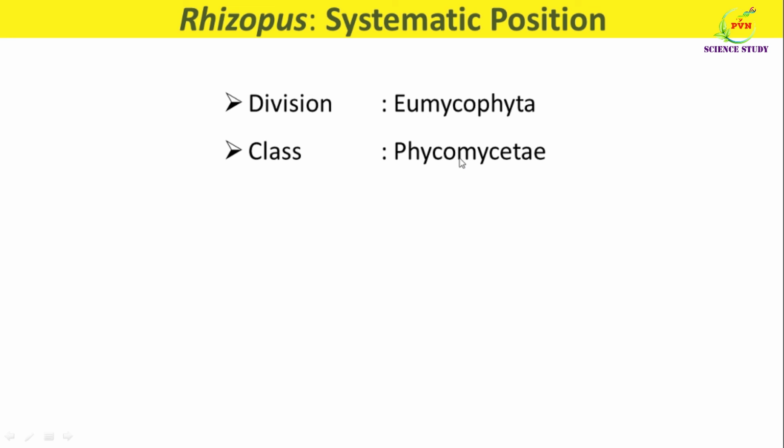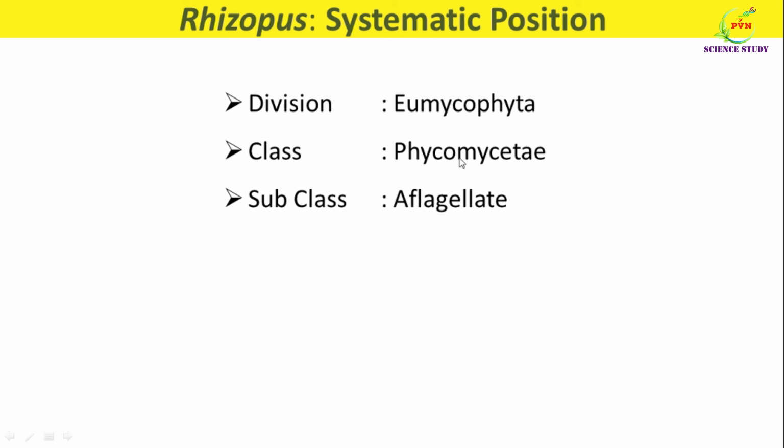Dear students, now we will study the systematic position of Rhizopus. Division is Eumycophyta because fungi have a definite cell wall throughout all the stages of vegetative development and hence they are true fungi and so are included in division Eumycophyta. Then class is Phycomycetes because the mycelium is aseptate. Sporangia contain an indefinite number of spores. Zygote is formed by fusion of 2 gametic nuclei and develops a thick wall, and the zygote remains dormant for a long period. Subclass is Aflagellate.